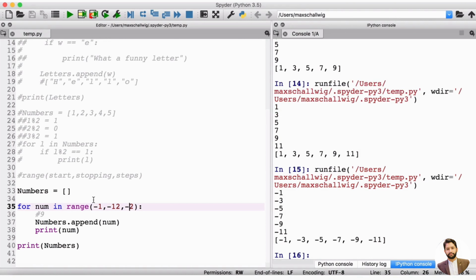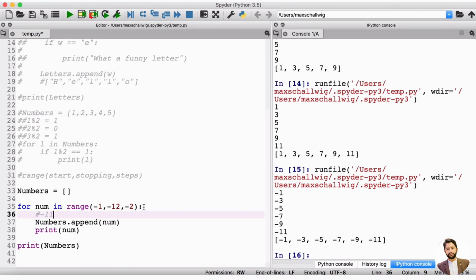It's just now we start at -1, we add -1 to our list, we print out -1, then we subtract 2, so -1 minus 2, so now we're at -3, we add -3 to our list, we print out -3, then we subtract 2 again, -5, add -5 to the end of our list, print out -5, and then subtract 2 again, so -7, add -7 to the end of our list, print out -7, and then -2 again, -9, add -9 to the end of the list, print out -9, and then -2 again, so -9 minus 2, so that's -11, add -11 to